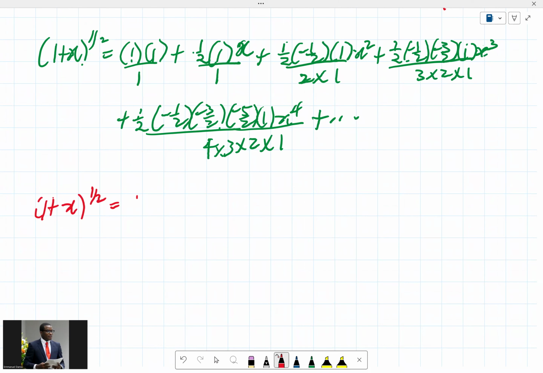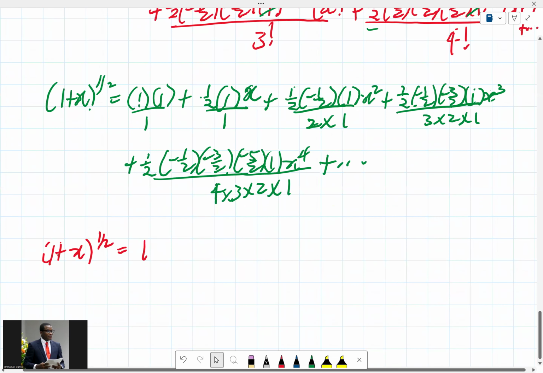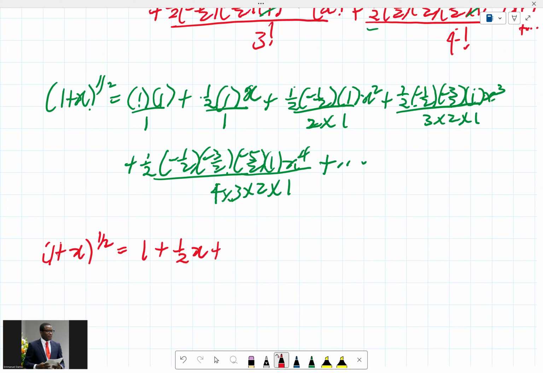So 1 times 1 over 1, all of that is 1. So next we have plus half x, half times x, that's half x. Then look at this now. To make things easy, let me still do this. So half times minus half is minus 1 over 4, all over 2. In fact, all over 2, let me just do it that way. Then we have x squared. Then next, we have plus,